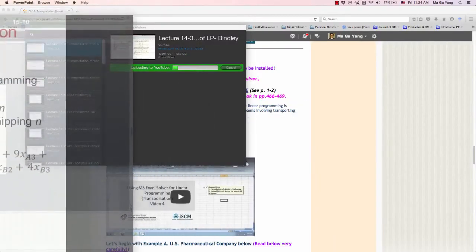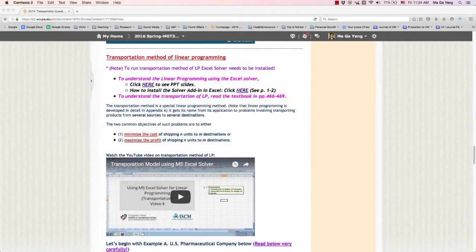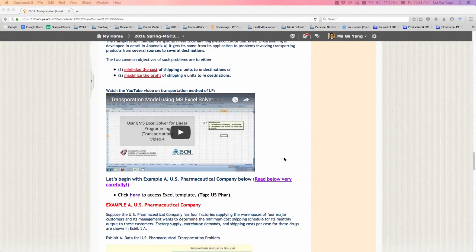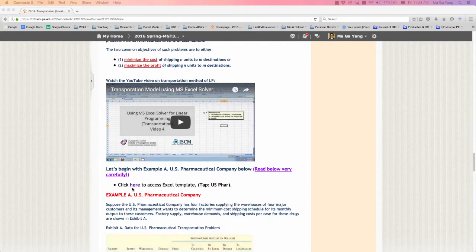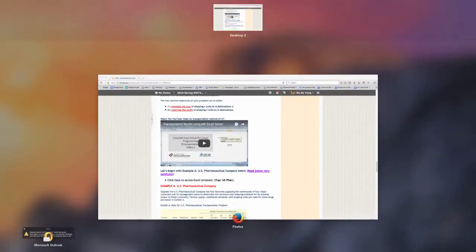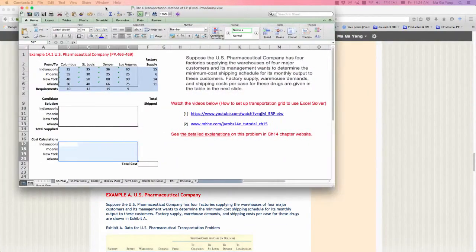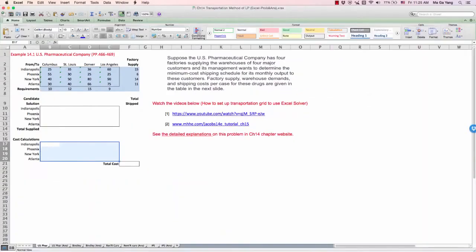So let's go to your D2L website again, and I will demonstrate the USA pharmaceutical company case. Click here to access your Excel template. Then you are able to see this Excel file, and click the US pharmaceutical company tab.